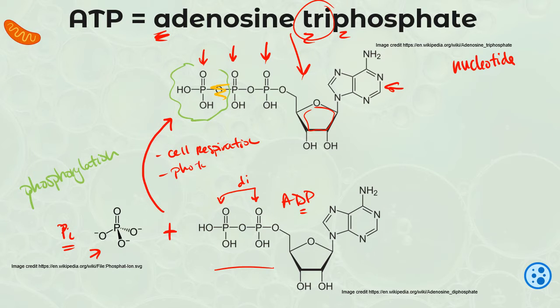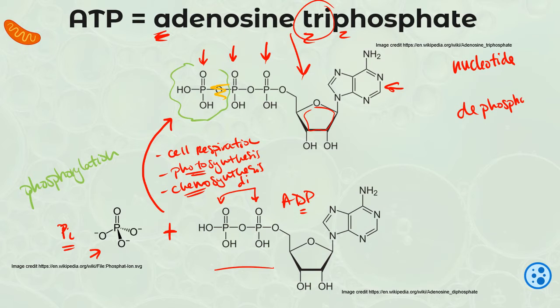Photosynthesis can also glue together these inorganic phosphate groups and ADP. And one final process, chemosynthesis, which is a lot like photosynthesis, except instead of using light energy, we're going to use chemical energy to glue together that inorganic phosphate and the ADP to make lots and lots of ATP. And then once I have that ATP, we can